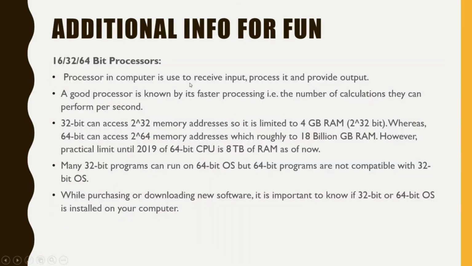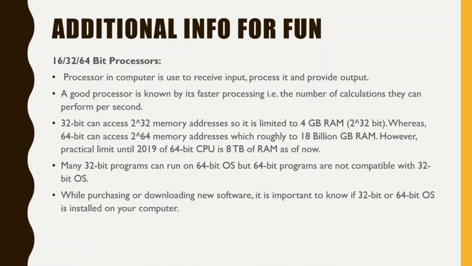A processor in a computer is used to receive input, process it, and provide output. A good processor is known by its faster processing speed, that is, the number of calculations they can perform per second. We can take an example of lanes on a highway. A 32-lane highway can carry more vehicles than a 16-lane highway. A 32-bit processor can access 2 raised to 32 memory addresses, so it is limited to 4 GB RAM. If you do 2 raised to 32, it comes to 4 GB, which is the maximum memory this processor can support, whereas